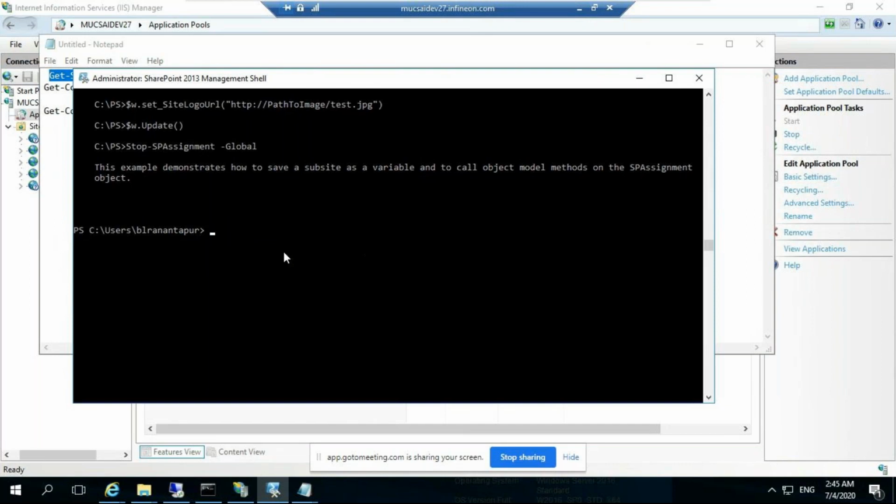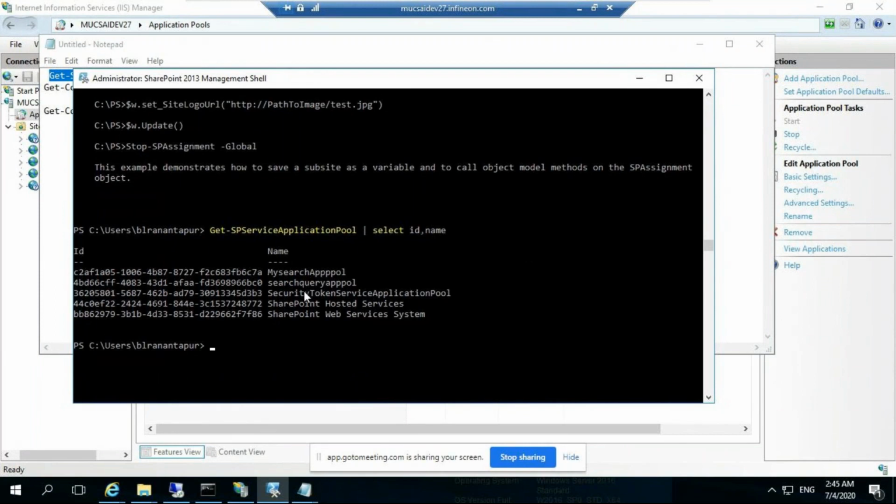So here: Get-SPServiceApplicationPool, and the selection we need to do is select ID and Name. Once we enter this, we will get these pools: my search pool and search query pool. These two pools I created here while creating the search application. These are the first two, right? Yes, the first two.